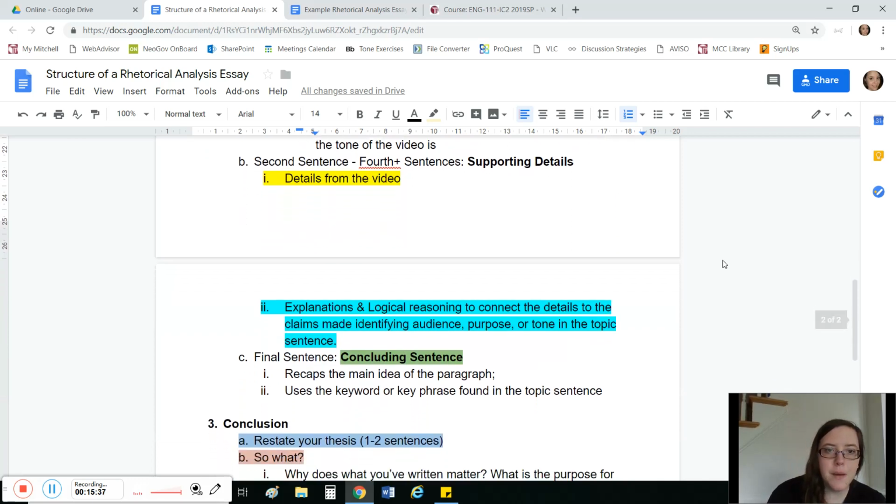Okay, so once you've written your topic sentences, then you need your supporting details. Now, the way that I have described supporting details for this particular essay is that your paper, in essence, is doing three things. It's making a claim about audience or purpose or tone. It's identifying details from the video that would support audience, purpose, or tone. And this is the one that my students have the hardest time with: